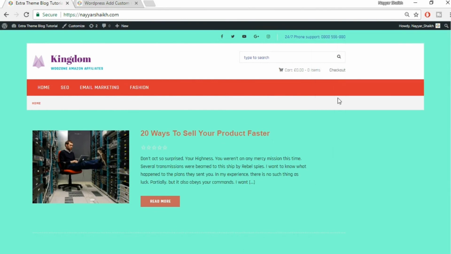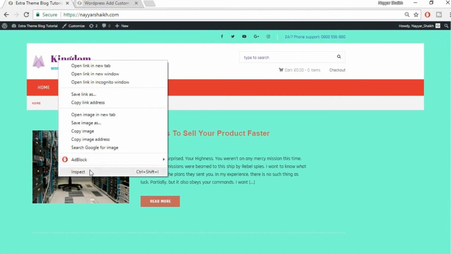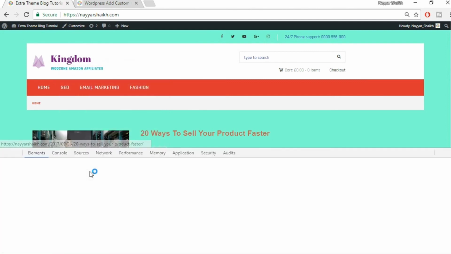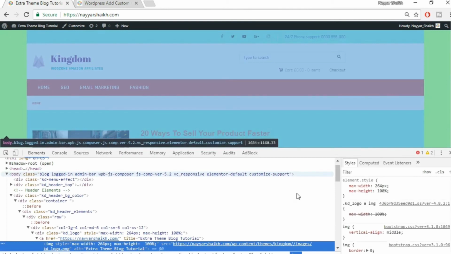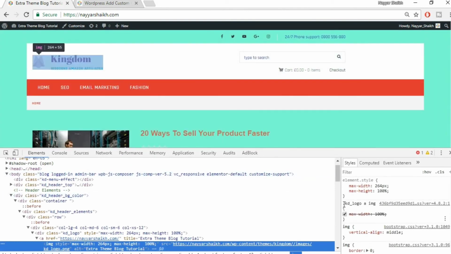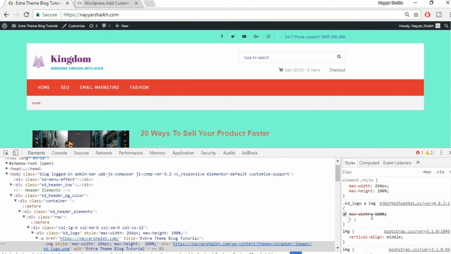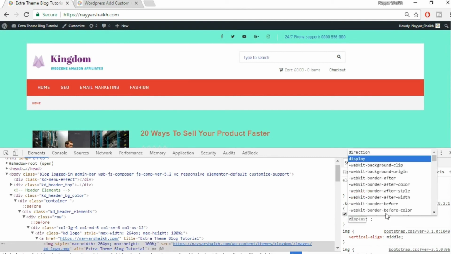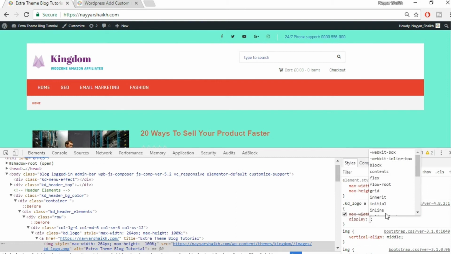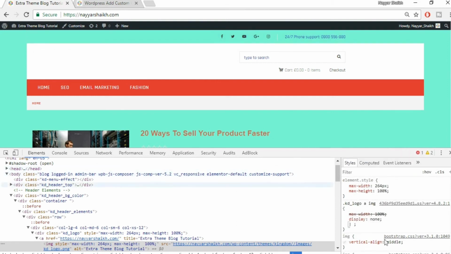Sometimes, as I said, we did those earlier changes to get a good look, to remove the extra gaps. Now suppose you want to remove this logo, you don't want this logo over here. What you can do is right click on this logo and select inspect. Here it is, the logo thing. Now you can add a code over here. Just type in display and here type in none. As you can see, the logo is completely gone with a simple single line code,